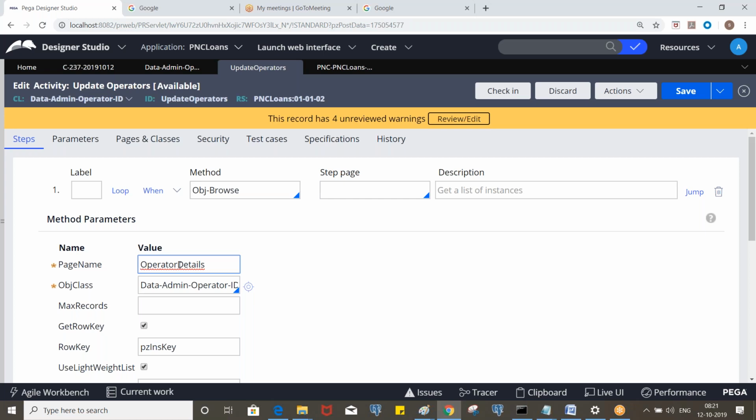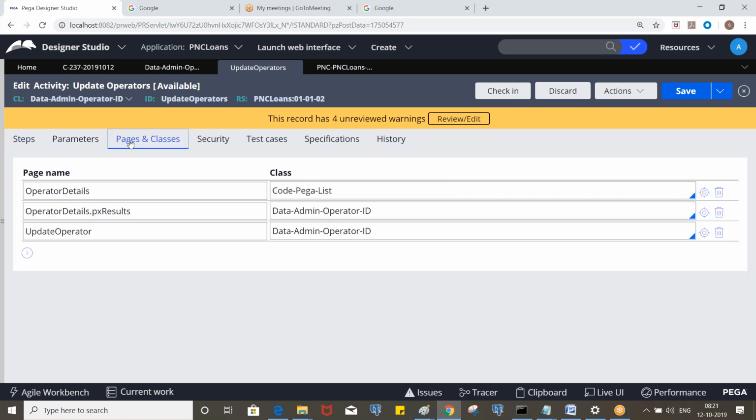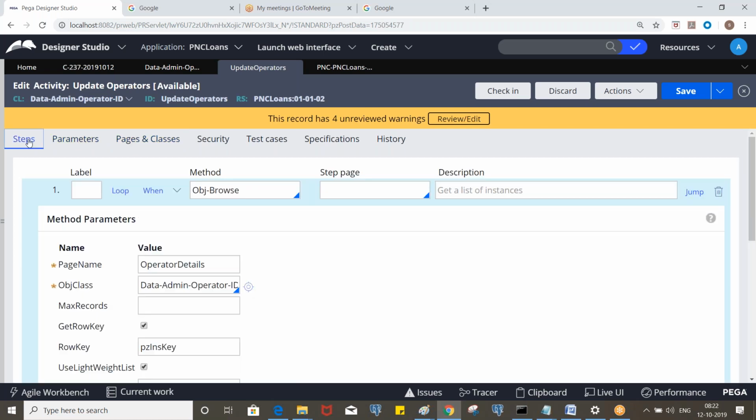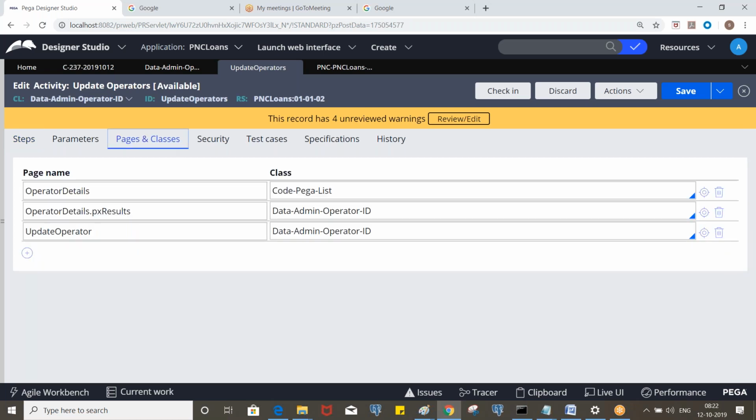If you understand that, it will be easy. If you want to pass some data from the work page, you need to define that. But we will never create py work page by using the page name. So if you invoke this activity somewhere where you are taking some details from py work page, in that case you need to define that also.